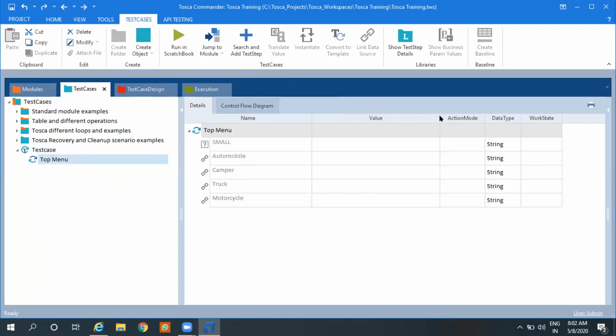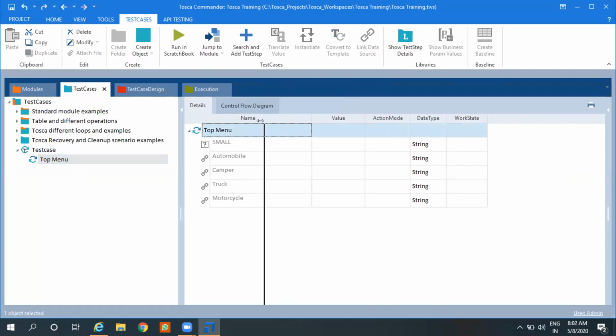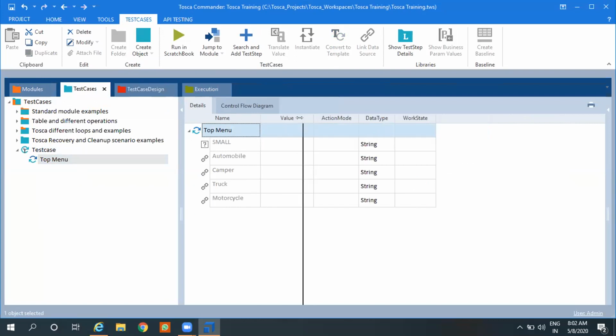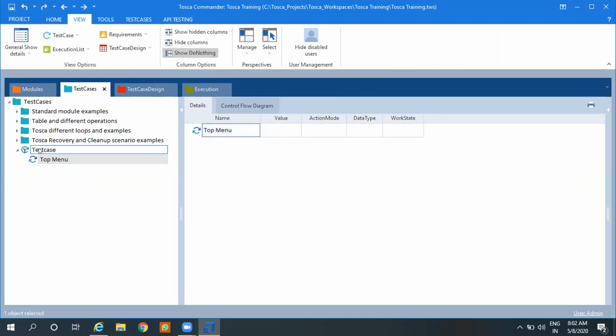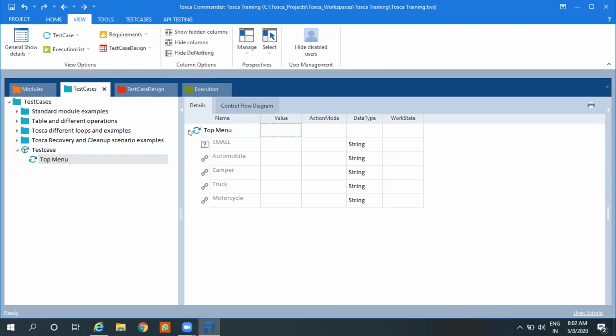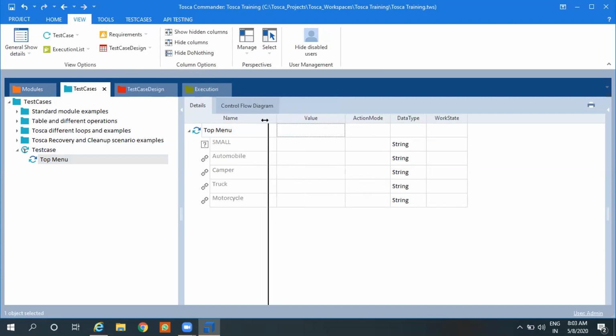Now, if you see, this test case will come with all values selected as empty. Now, what happens if your module has too many values, and you want to see only selected values? Here is one option under view, hide do nothing. So once you do this hide do nothing, you will see, if you have not performed any action on any attribute of that module, it will not select any attribute. It will only select attributes on which you have selected actions in your test case section. Now if I click on this, sometimes what happens when we start working on, now suppose on any module you have worked, and when you